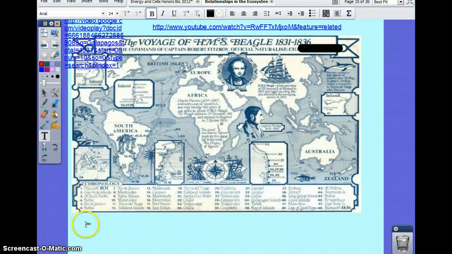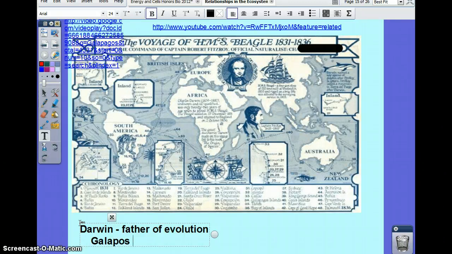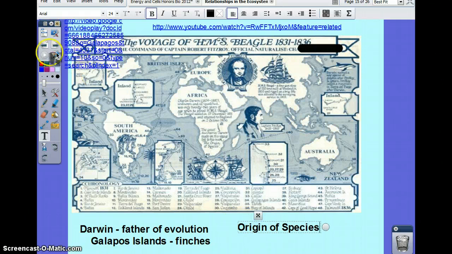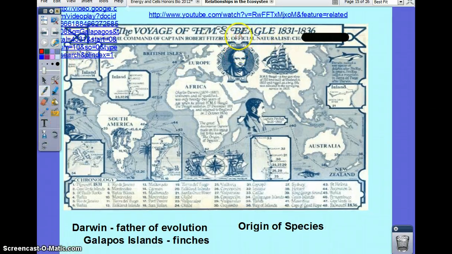So there are certain things I want you to know about the history of evolution. Darwin is who we reference as the father of evolution. He basically traveled the world and made discoveries of different types of species or populations, but he did most of his studies in the Galapagos Islands, where he studied what we know as Darwin's finches and the variety of finches based on niches and environmental conditions. He did write a book called The Origin of Species, and you have to be familiar with that book as well. And he also traveled on the Beagle. That's the name of his ship.